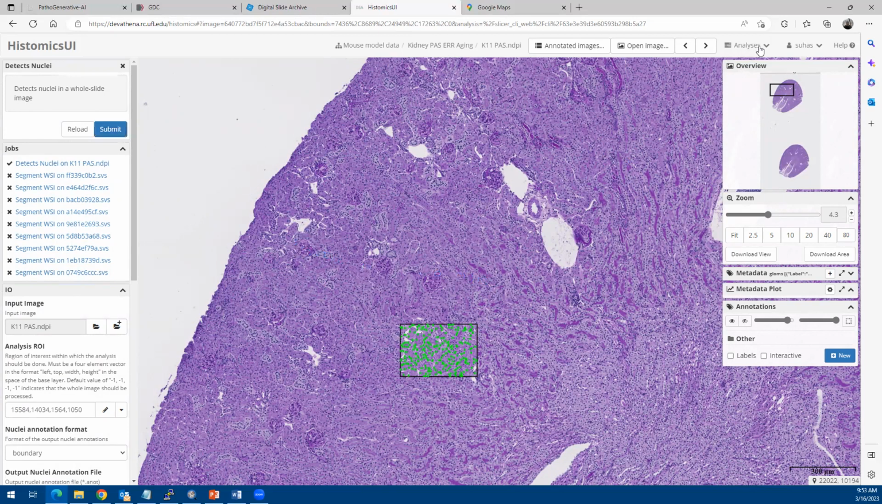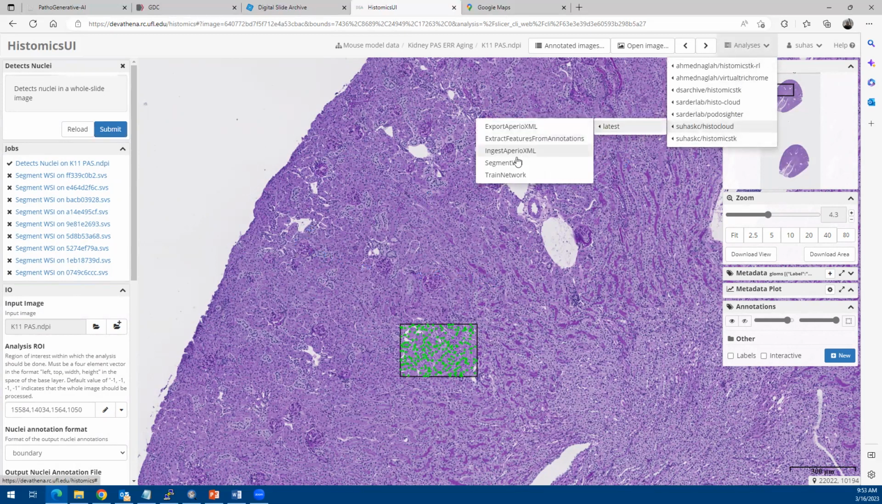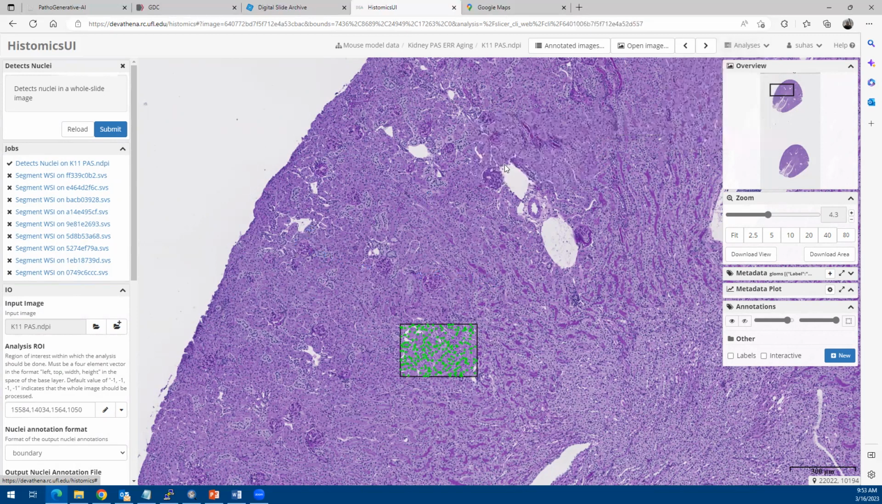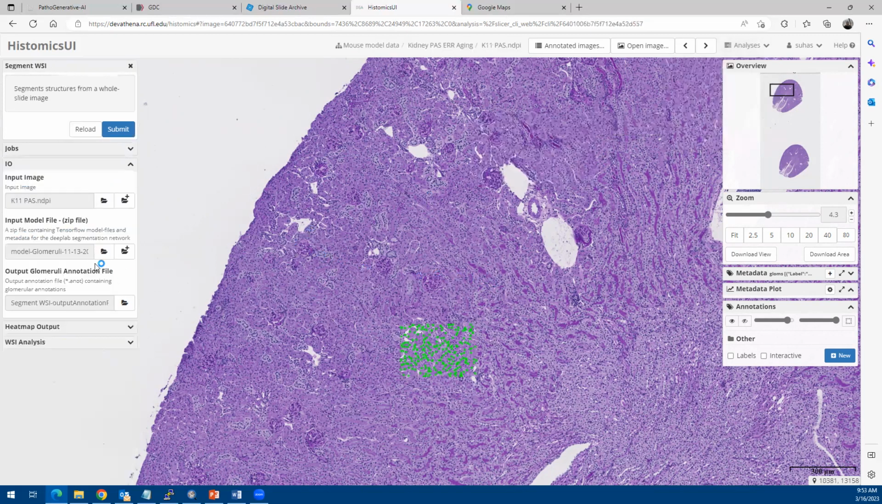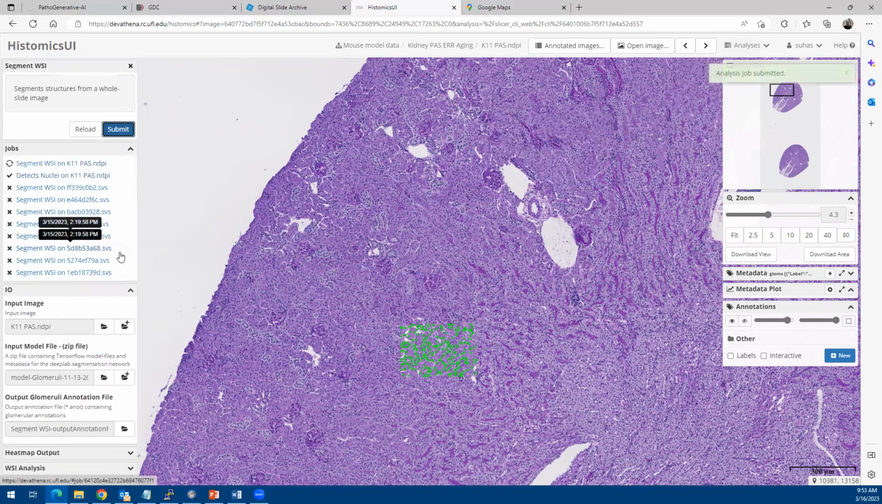The second thing that I wanted to go through really quick here is the histocloud segment WSI, and you can just use the default model here, and you can just hit submit. That's just a one click tool,